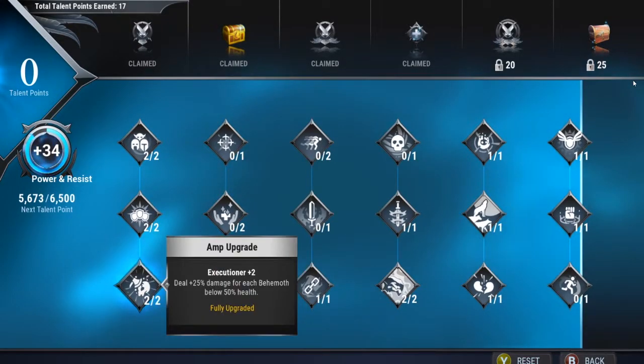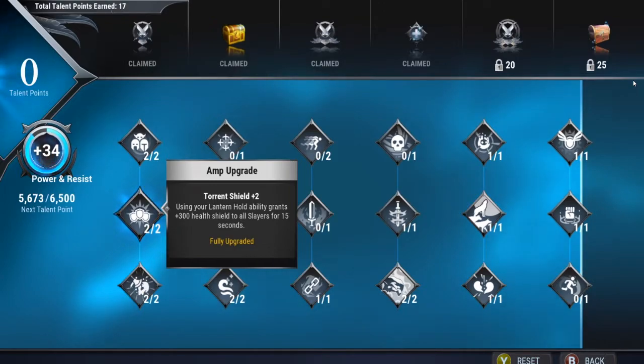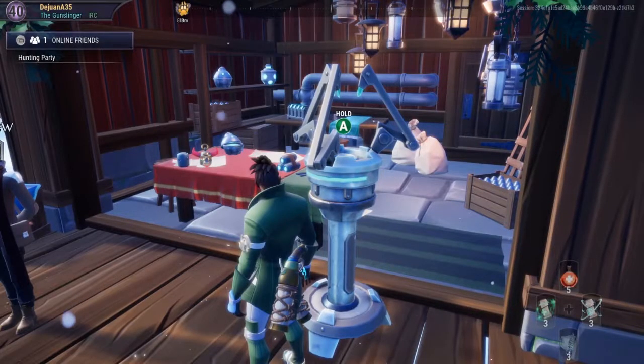Now, let's talk about these talents. The one talent that you need, which is really great because you can get it right at the beginning, is Torrent Shield. Using your Lantern Hold ability grants 300 health shields to all Slayers for 15 seconds. So this is what's going to allow you to go over the top, because the whole build is designed on getting your Lantern Hold ability as fast as possible. So when you get it and you have Torrent Shield while you're in escalation, you pop that hold ability,